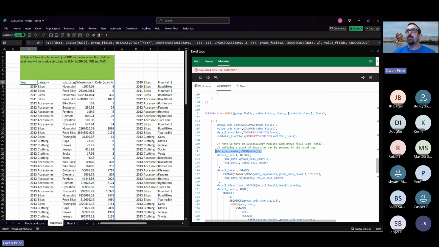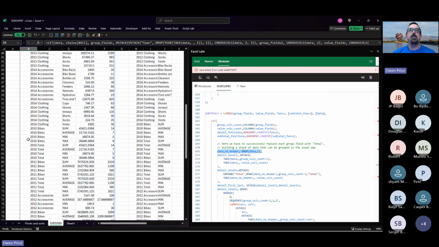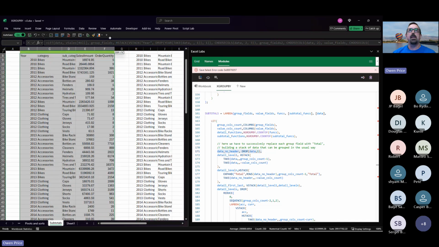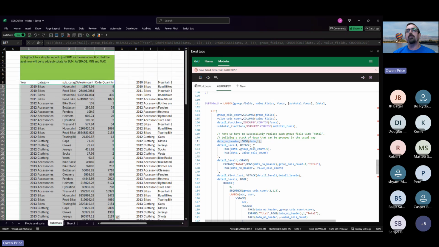Now I take the header off. Remember, we're passing into this function this data here. This highlighted data is what is being passed into this subtotals function, including the header. So the first thing to do is to get rid of the header because that's going to confuse things. The next thing is to calculate the